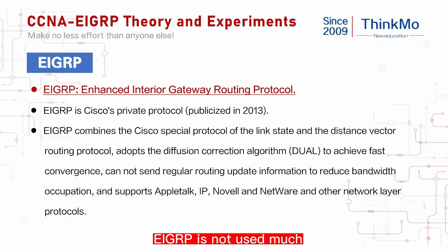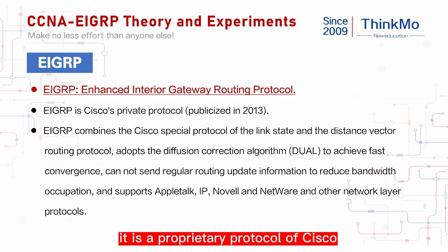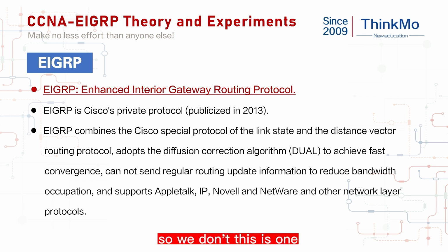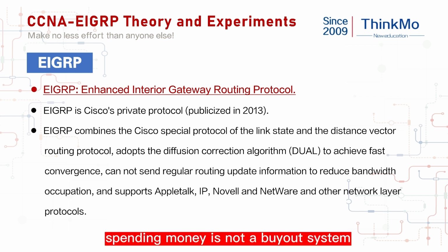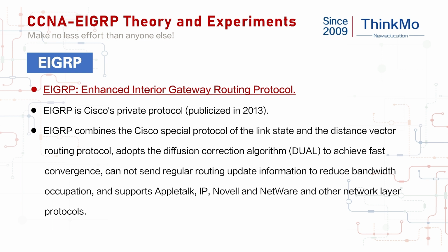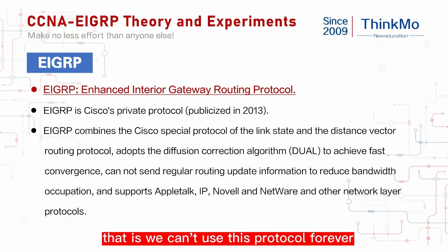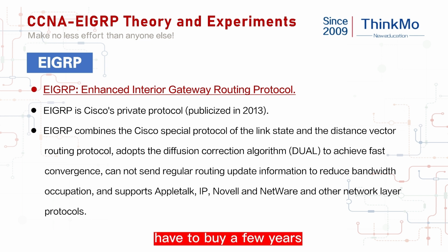EIGRP is not used much. It has a constraint: it is a proprietary protocol of Cisco. It was made public in 2013. Public means that others can use it, but it costs money to use. So we don't. Secondly, spending money is not a buyout system but a subscription. That is, we can't use this protocol forever; we have to buy a few years, equivalent to buying authorization. This protocol is excellent, but because it costs money,